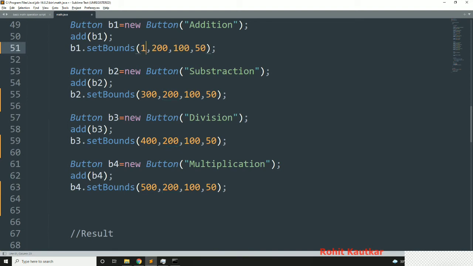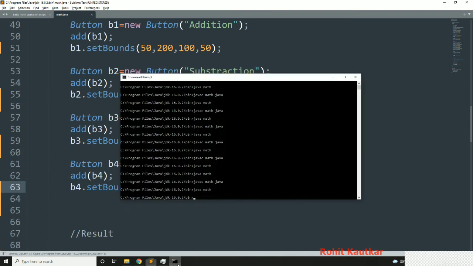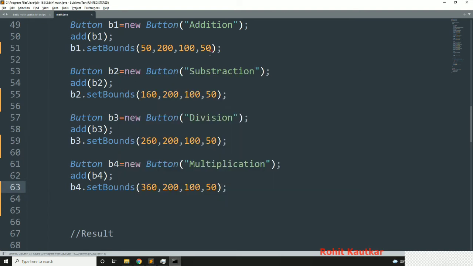Let's say I will make it 50, then 160, then 260 and 360. And let's try to reduce their height as well. We will make it 40, 40, 40, 40.